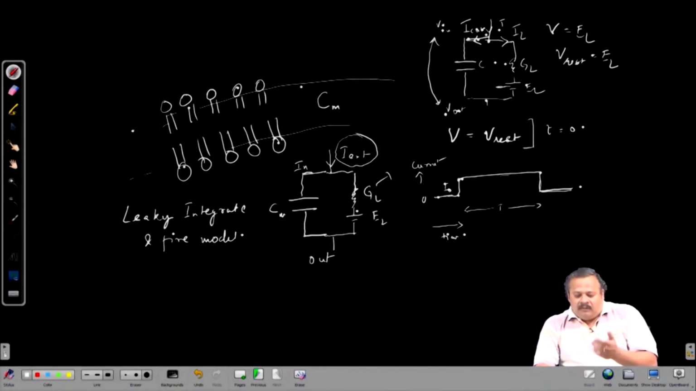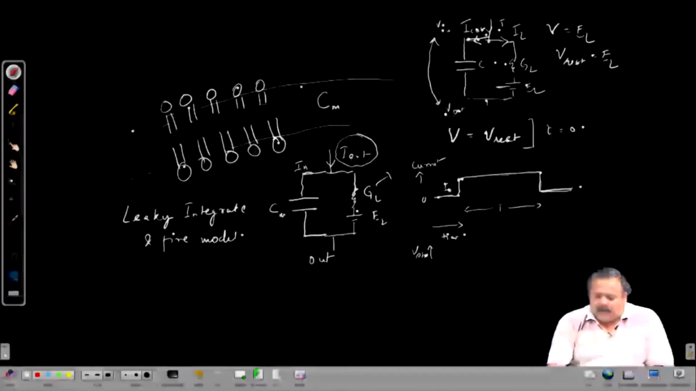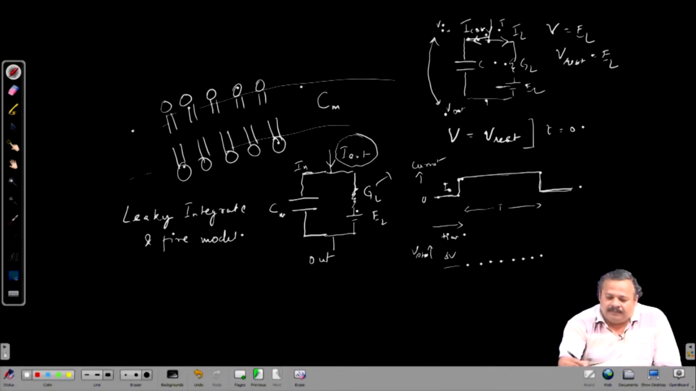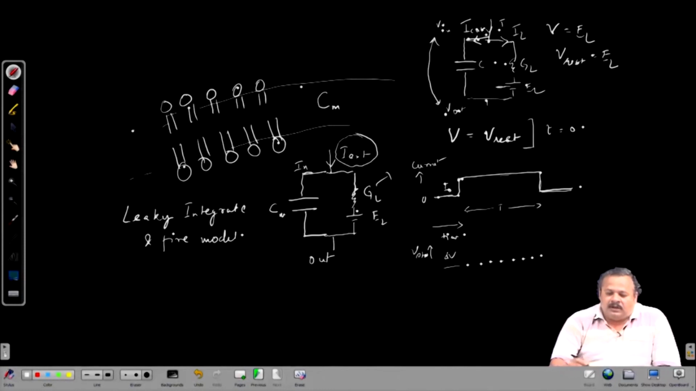So, now we want to be able to see what the voltage does, that is, what the delta V does over this duration of time when the current is injected. The equations we have to write down, basically the equations that govern this system, essentially come from Kirchhoff's current law. If we apply that at the node where the I external is coming in,